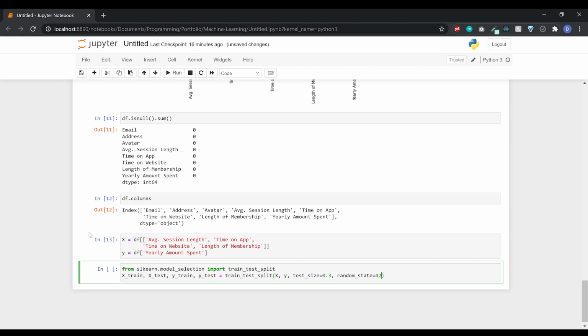So what I am doing here is I'm running the train test split function, and